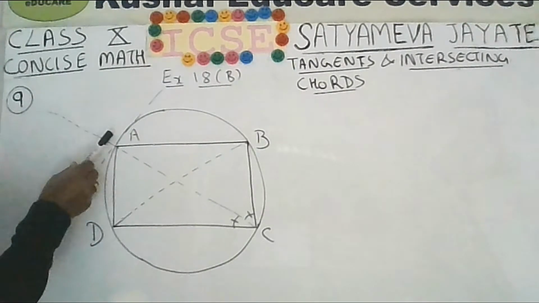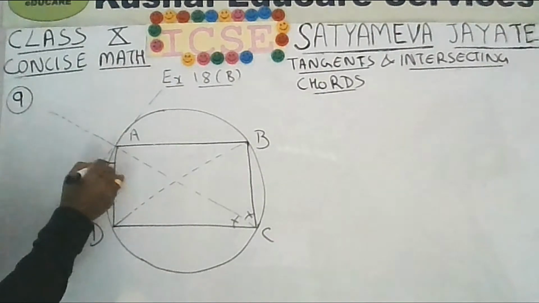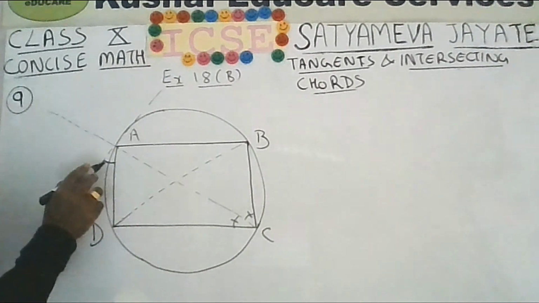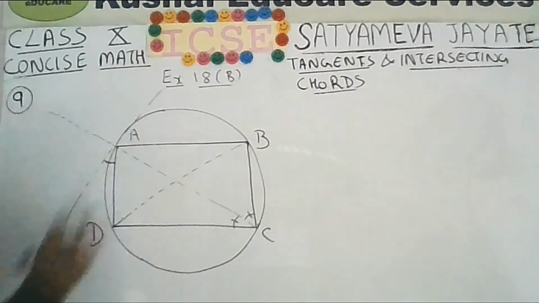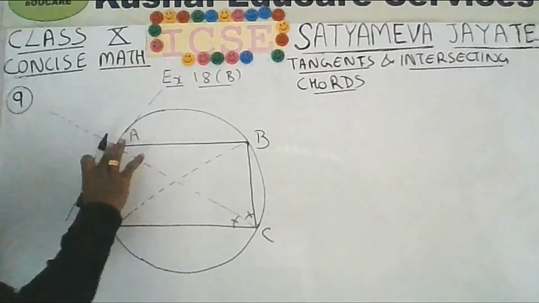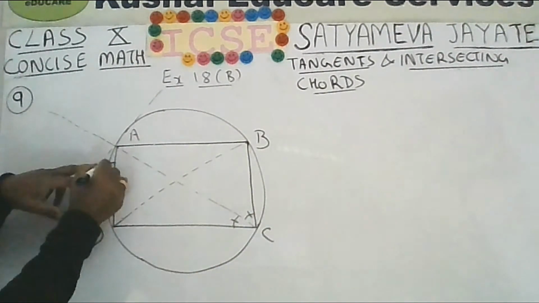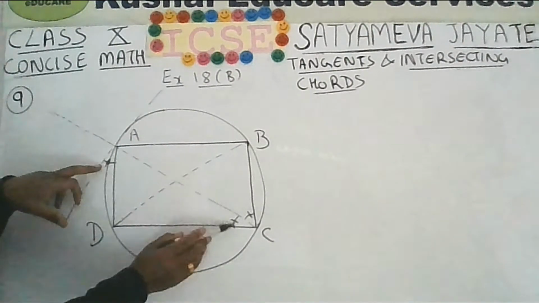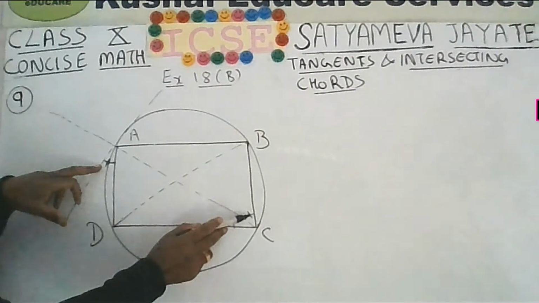Now you are having a tangent at point A. You can see the angle between the tangent and the chord. So AD you can imagine as the chord. So this angle will be equal to the angle in the other segment. So this arc AD and chord AD are subtending this angle. Okay. So this angle will be equal to the angle in the alternate segment, that is this angle. But AC being the bisector, these two angles are equal.